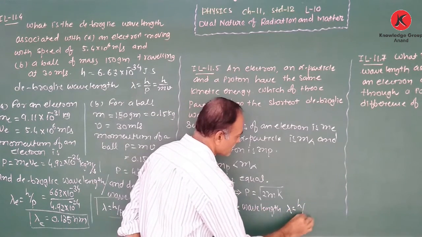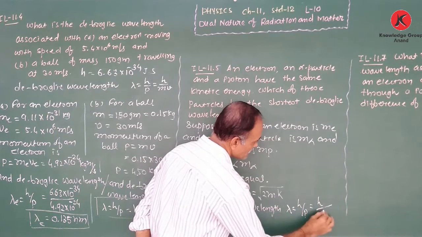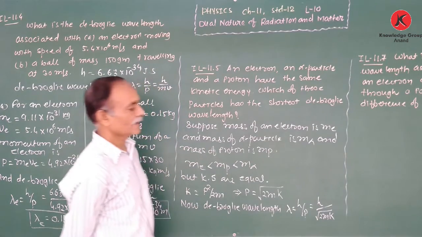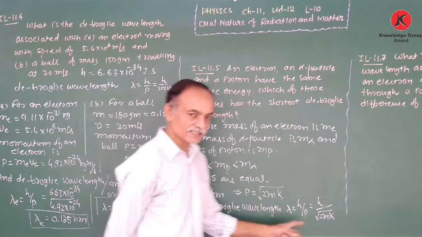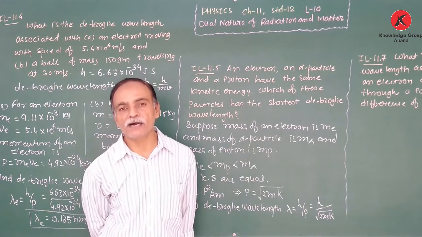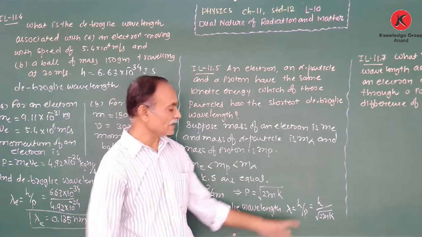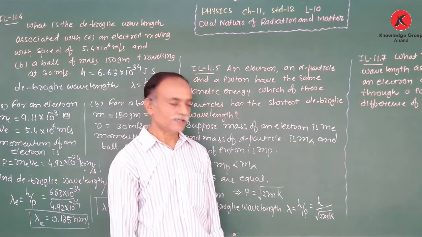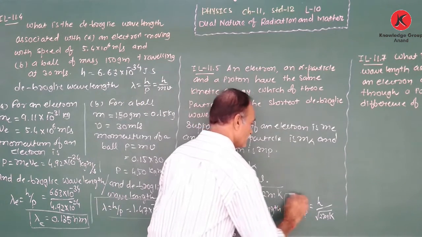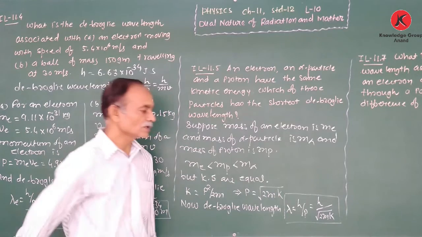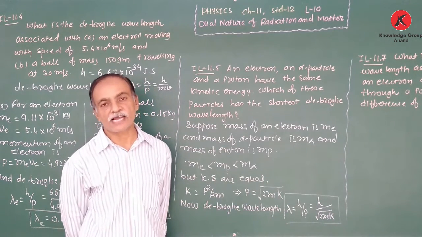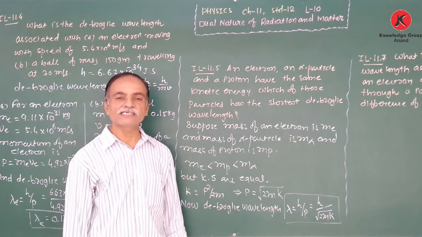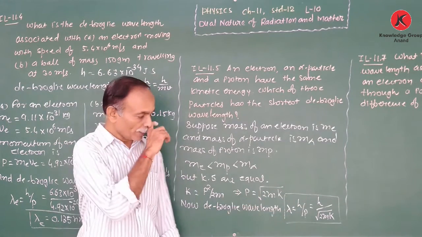Lambda is equal to h upon p is equal to h upon under root of 2mK. So there is also this important equation: if the kinetic energy of a given particle is given, what is the de Broglie wavelength of this particle? Sometimes a numerical or objective question is asked on the basis of this equation. Kinetic energy given, so at that time the de Broglie wavelength lambda is equal to h upon under root of